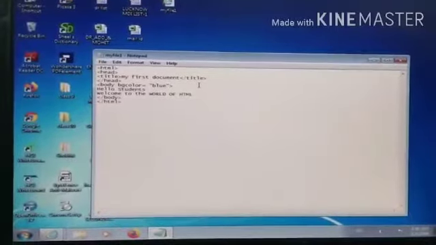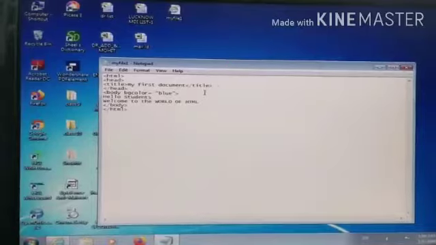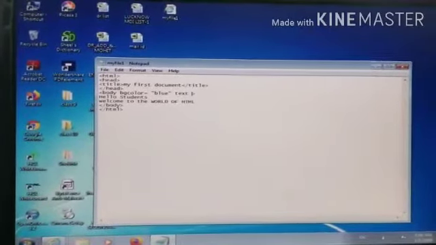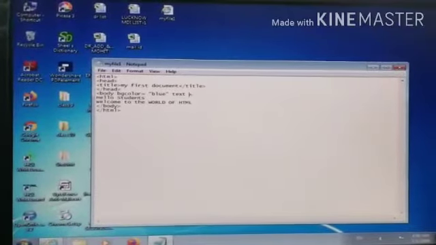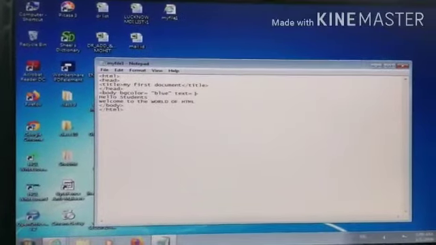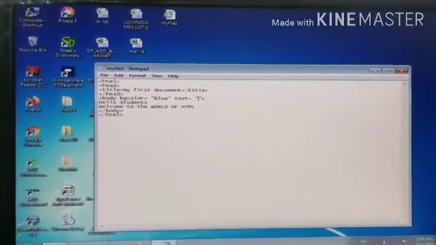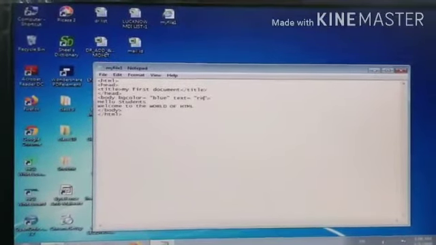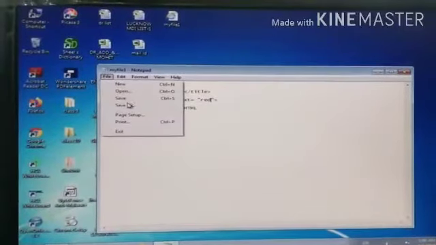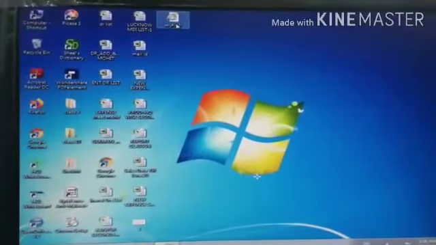If we want to apply a text color, you have to use the text attribute with the body tag. We will use the text attribute, then an equal sign, and we will give the color name within double quotes, and then again we have to save and click on the file.